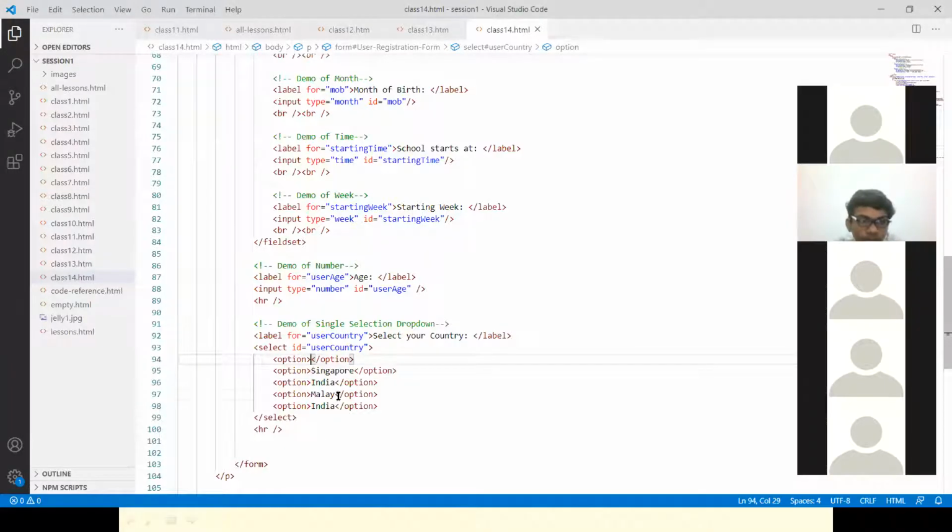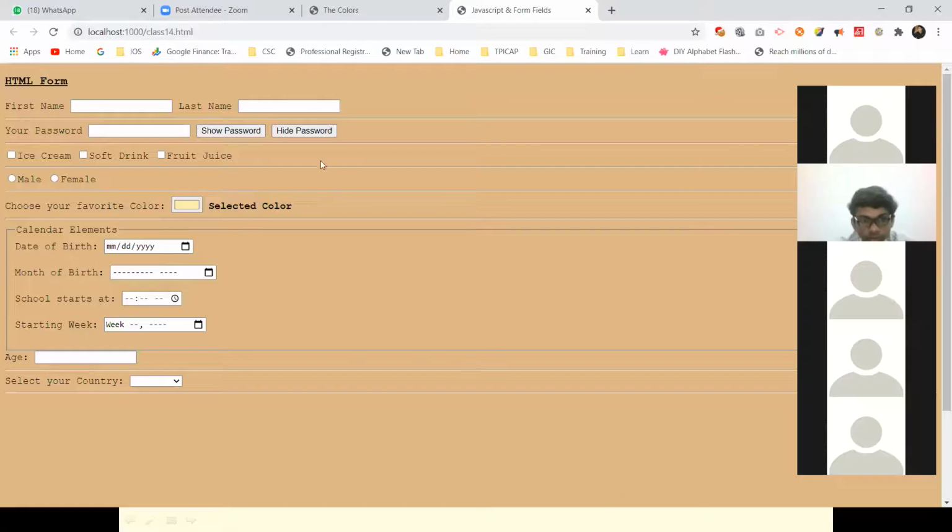Here this is Malaysia, right? Is the name correct? Is the spelling correct? Malaysia. Okay, and then Indonesia. Okay, let me give four countries here, and you can see the countries looking like this. Okay, you want to have some select please select value, you can just add whatever default text.